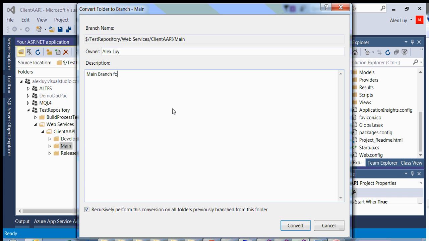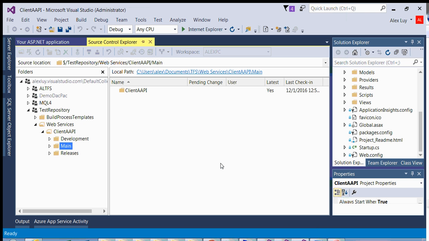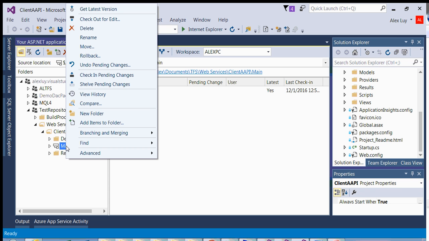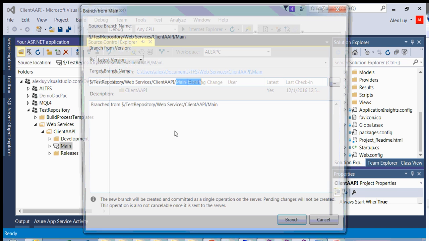for code, and you're going to convert. Now main is your main trunk, and now I can branch off from main to development for any versions that I want to work on. So let's say that with this particular one, we currently have our production version in main. I want to do some enhancements, so I will right click on that. I'm going to branch,